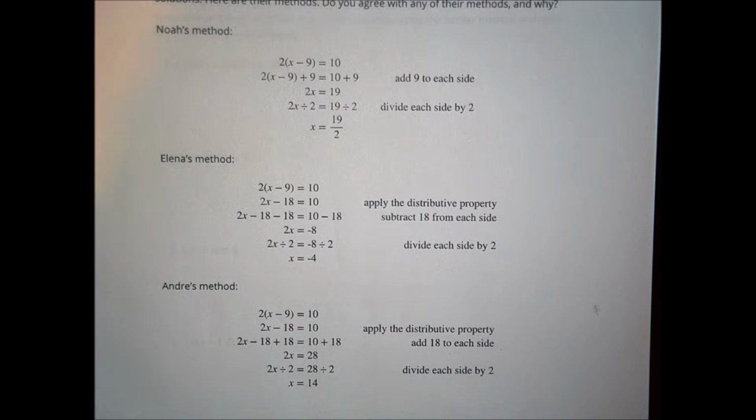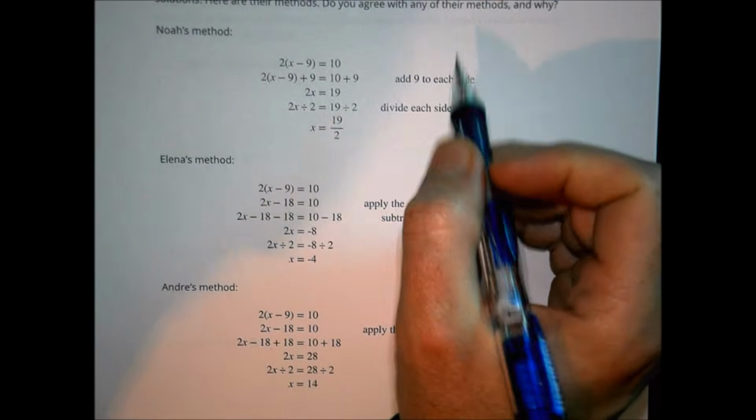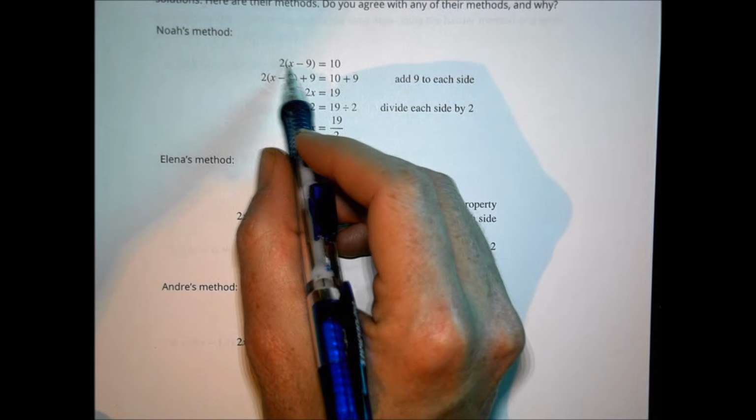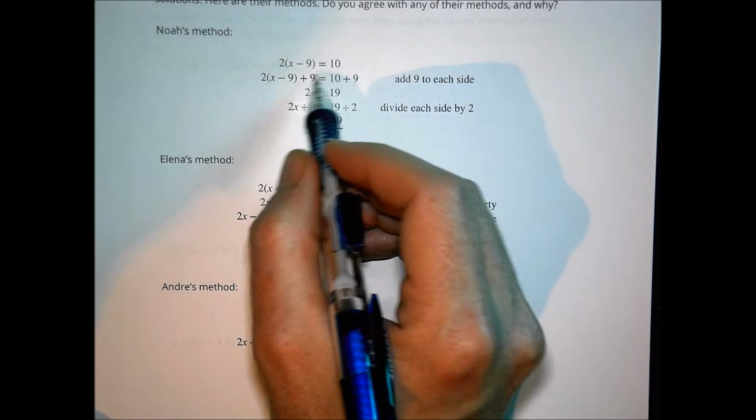So either somebody's right and the others are wrong, or they're all wrong. It's hard to say, but they can't all be right, that's for sure. So let's take a look and see what they're doing. For Noah, we see that he begins with 2 times x minus 9 equals 10, and then we can see